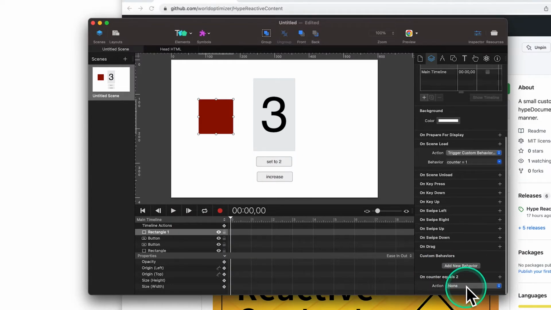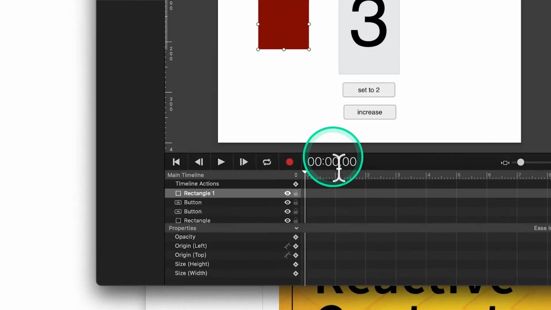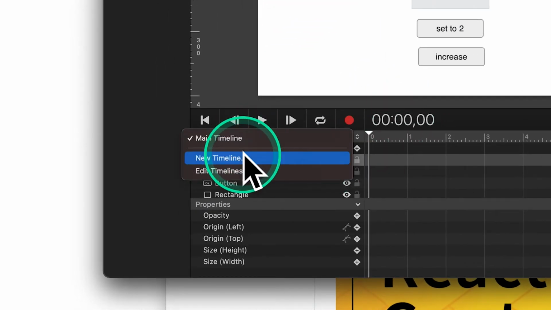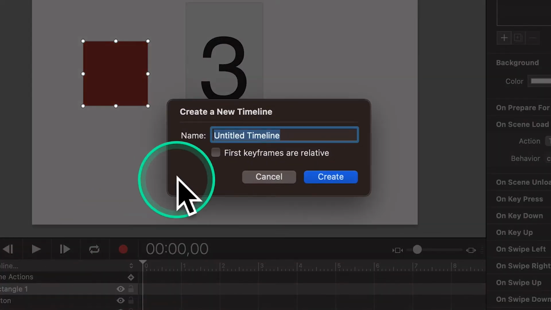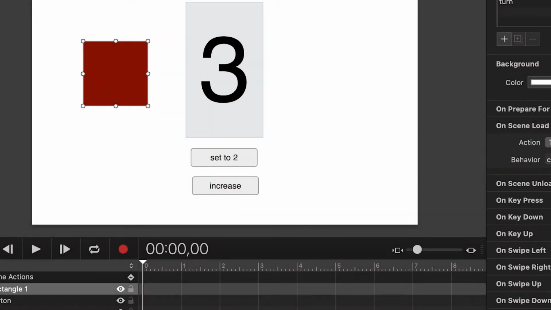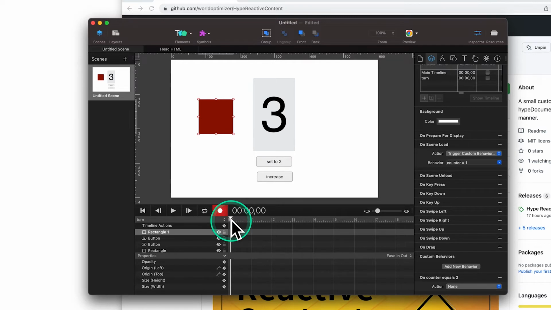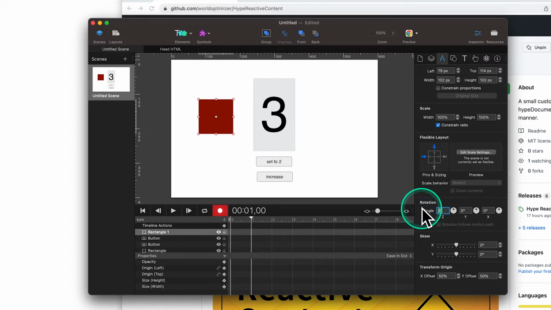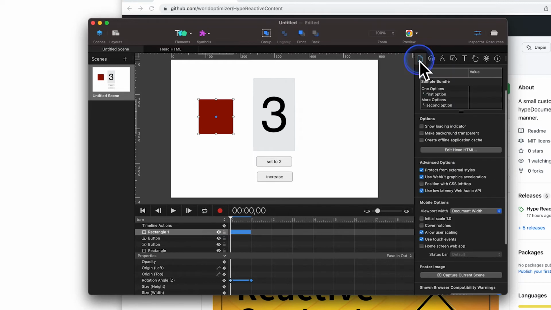So what do we want to do? Let's first create a new timeline, and let's call this turn. It could be called anything. You can do anything. I'm just using a timeline for demonstration purposes. And let's go to the 1 second range, and let's turn this thing 360 degrees. So now we have a little animation going, and this animation should only be triggered by